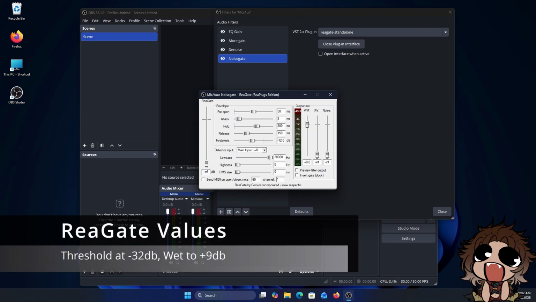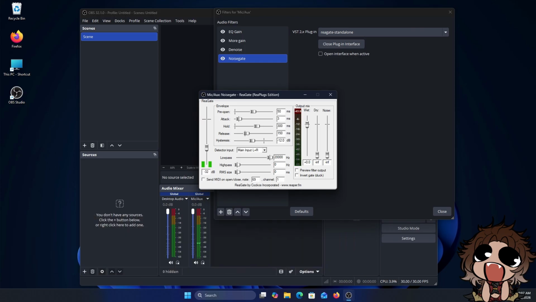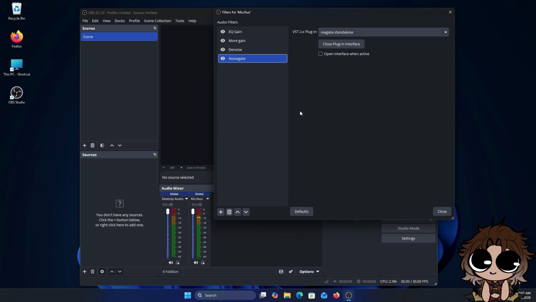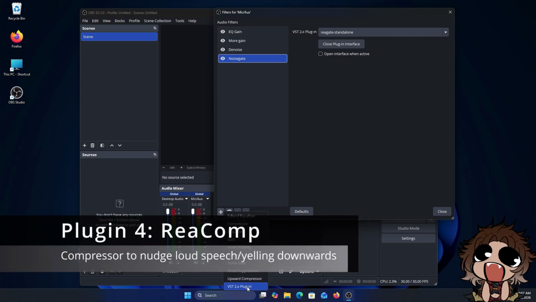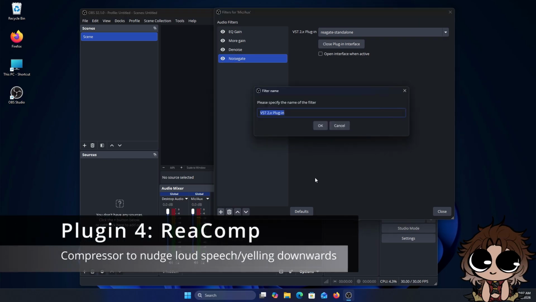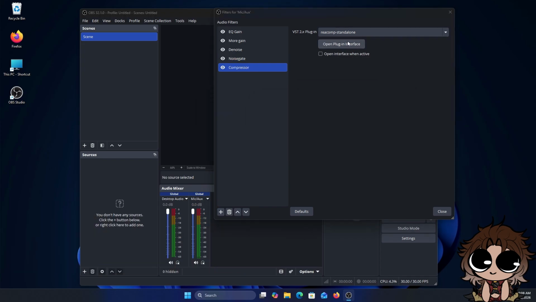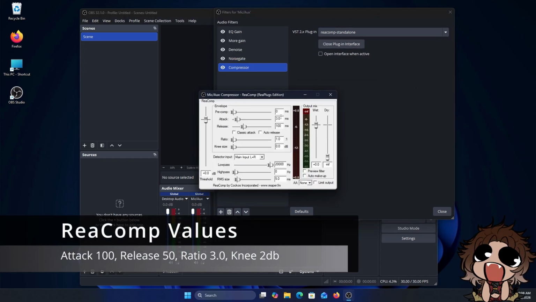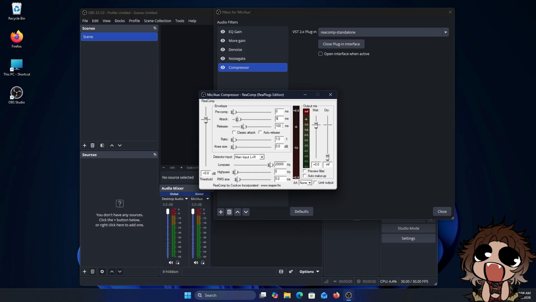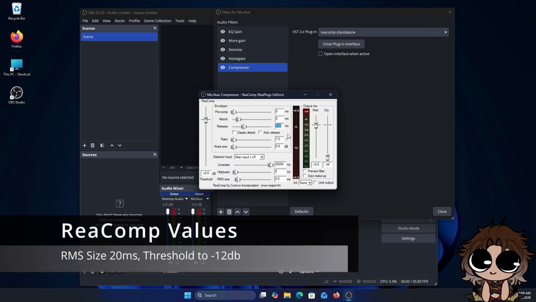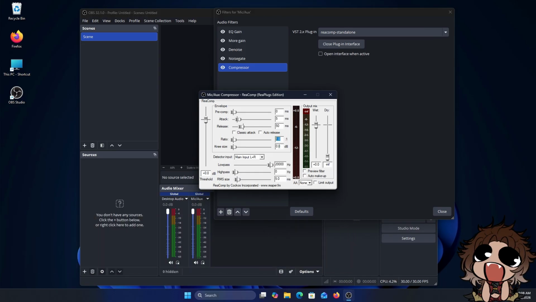Start the threshold at -32 decibels and make sure it records your softer speech. Lower if required. Adjust the wet slider to +9 decibels. Next, add the first ReaComp. Attack at 5 milliseconds, release to 50 milliseconds, ratio to 3.0 to 1, knee to 2 decibels, RMS size to